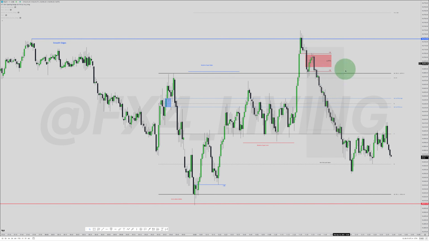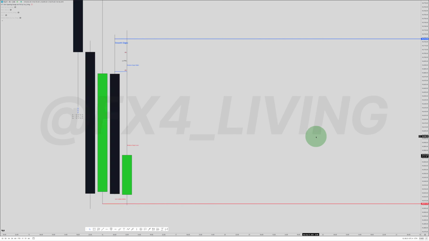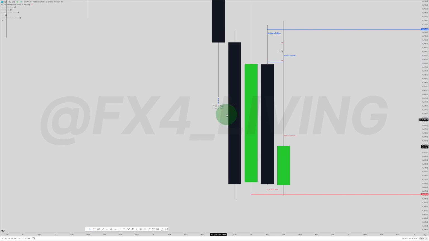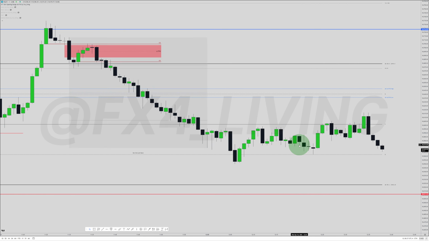So I didn't take any trade on this day right here, because if you look at the 4 hour right now, it's actually a pure mess, right? It's actually not good. It's terrible, literally side by side candles. But I wanted to show you still a quick setup on the 1 minute time frame